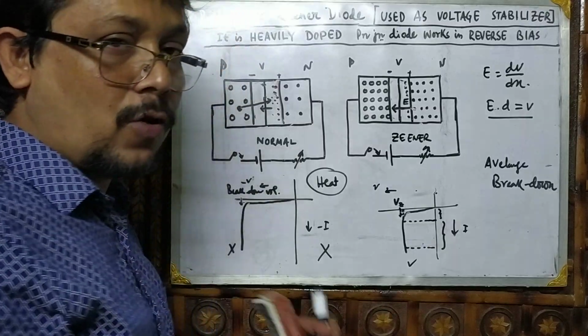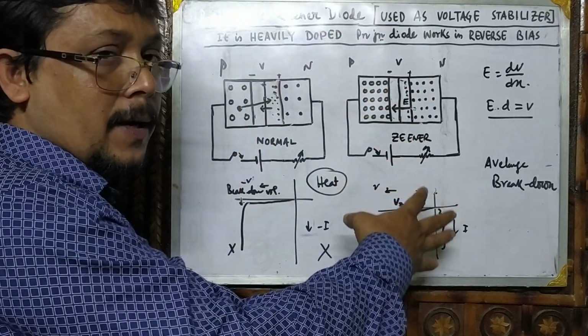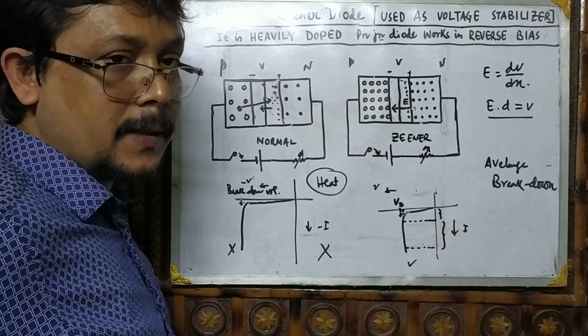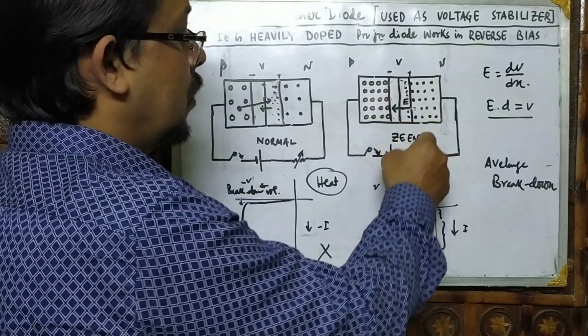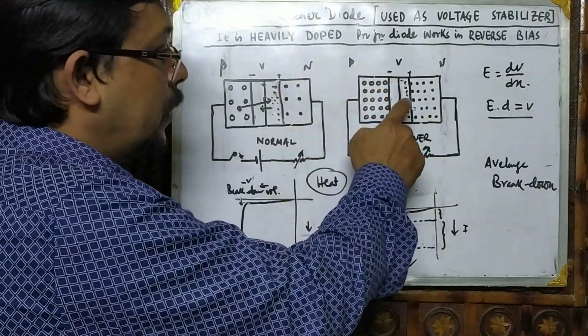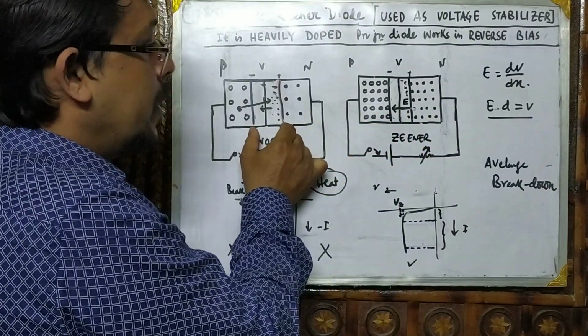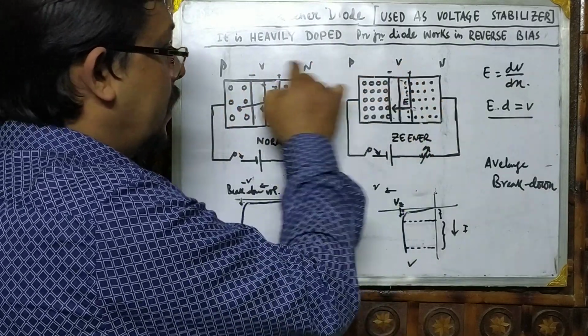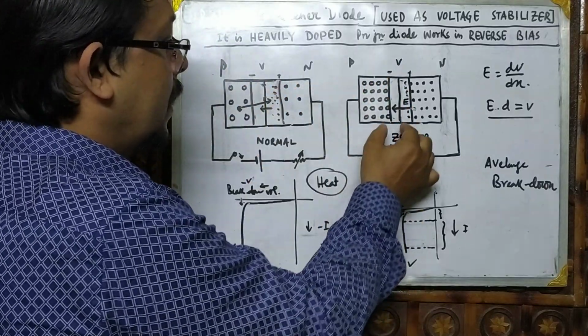So in short, what we can say is that the normal PN junction diode and the Zener diode are nothing but simple PN junction diodes. The difference is that the concentration level, that is the doping, in the case of the Zener diode is more. Due to the doping, as we have seen, the depletion layer is small here, and here the depletion layer is big, but the voltage remains the same. The barrier voltage produced in both cases is the same, but